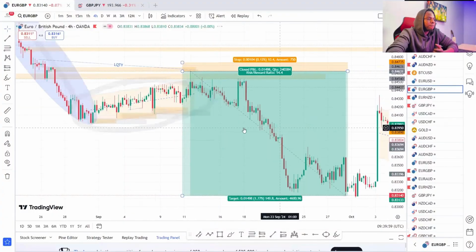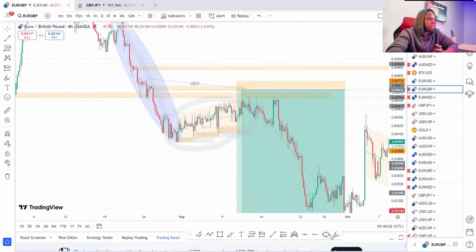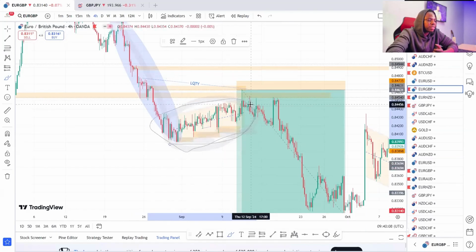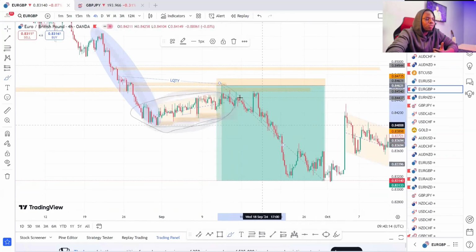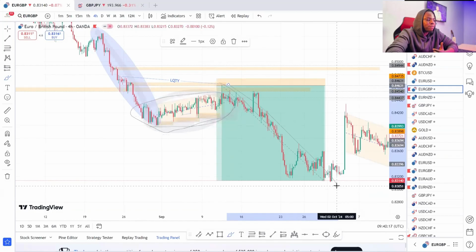You understand that now? So when it takes you weeks or days to have a correction, and maybe in just 2-3 days, when the market is creating impulse movement, the market is up just like this. Let me show you something on the Euro GBP. Okay, so let's use this as a very good example. These are 4 hours. So imagine the number of days it took for this market to create these corrections. That's much. Then look at it when the market started dropping. A very fast movement to the downside. The market is down.